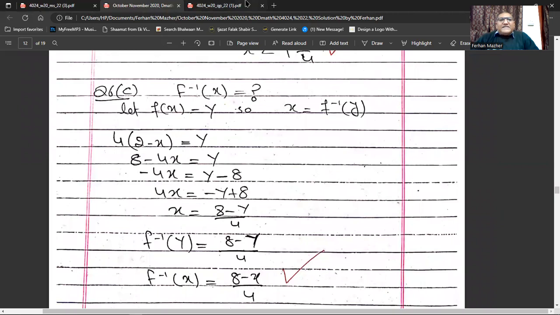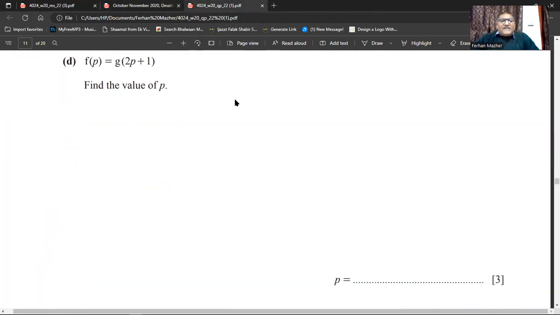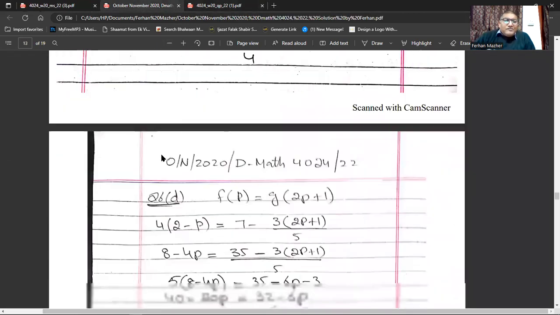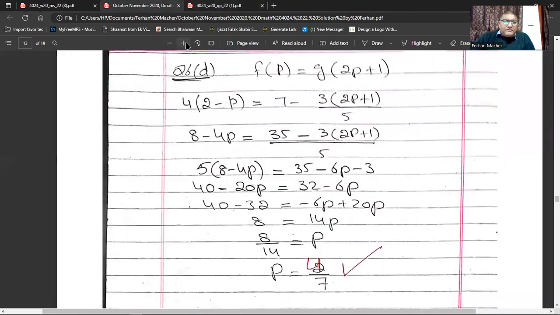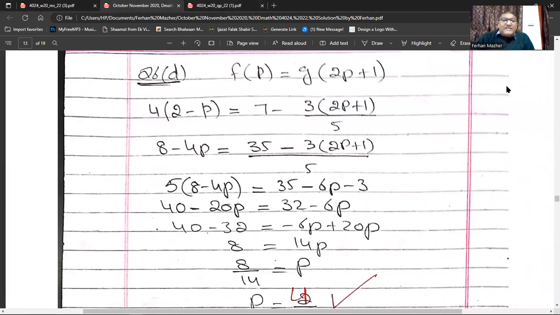So you can see question number 6, C part on your screen. Now question number 6, D part, it's f of p is equal to g of 2p plus 1. Find the value of p. Very simple. The condition they have given us is f of p is equal to g of 2p plus 1. In the formula of f of x, I will substitute x with p. And in the formula of g of x, wherever there is x, I will substitute it with 2p plus